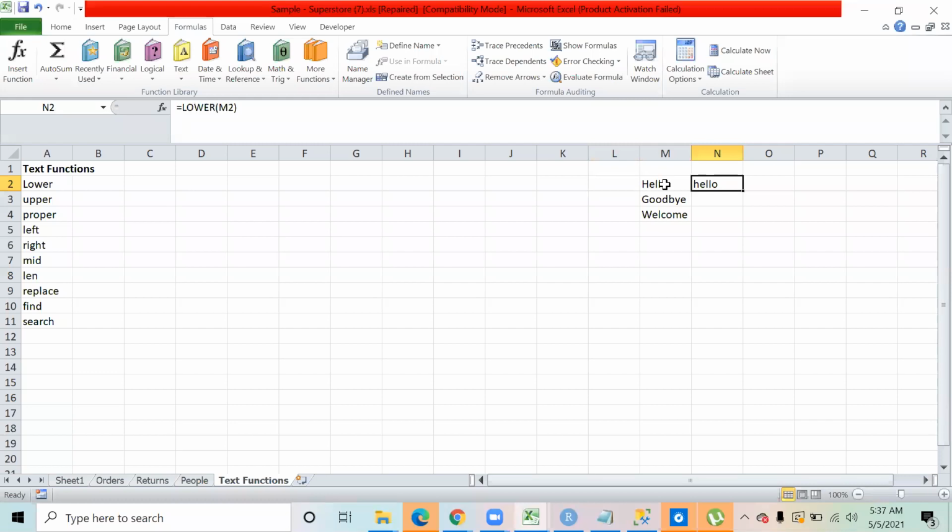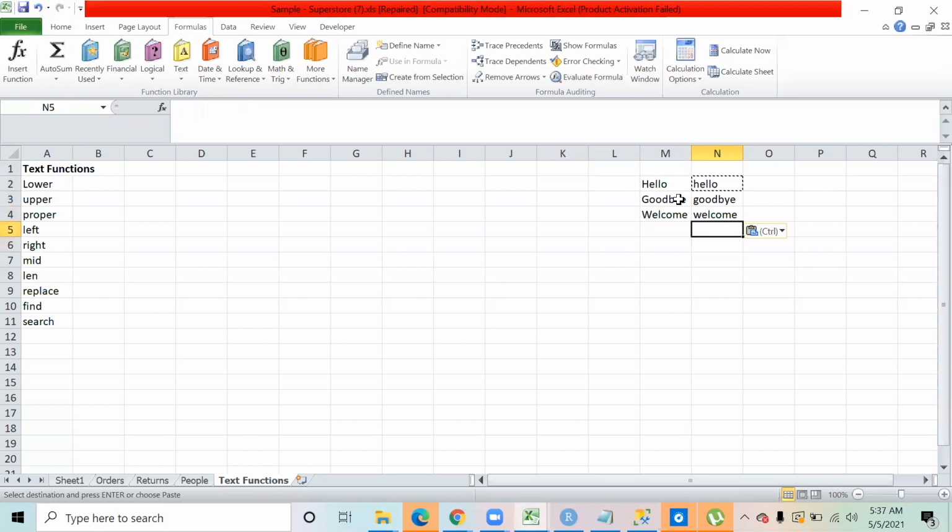Now what I will do is I want to apply this same lower function on all the three cells. If I just select the cells below, I can press copy and paste.